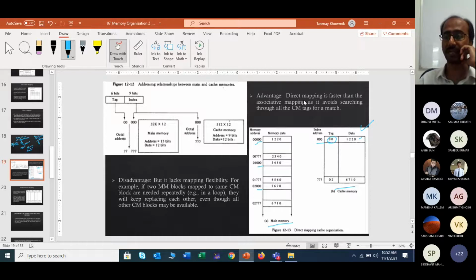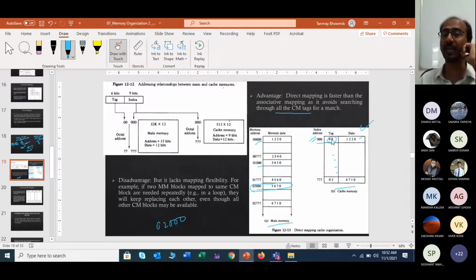So the advantage that has been written is that it avoids searching through all the cache memory tags. It will not search throughout all the tags. It will search only the related tag actually. That is a disadvantage as well, because on the last day I told you that if right now you are trying to enter the data whose memory location is 02000 into this location, there are lots of locations available, but you cannot store this data into these locations because your index is matched only in this place.